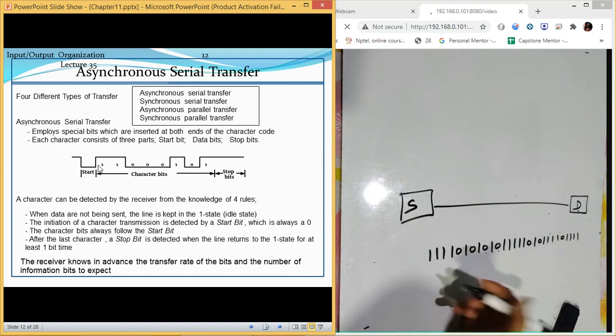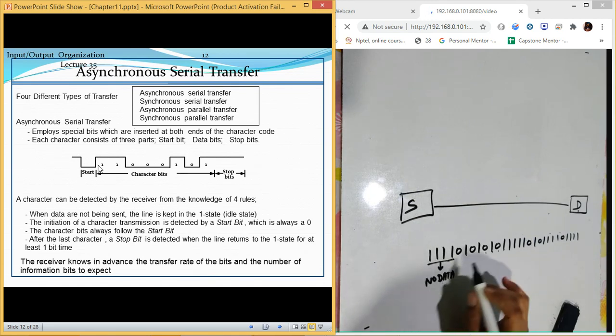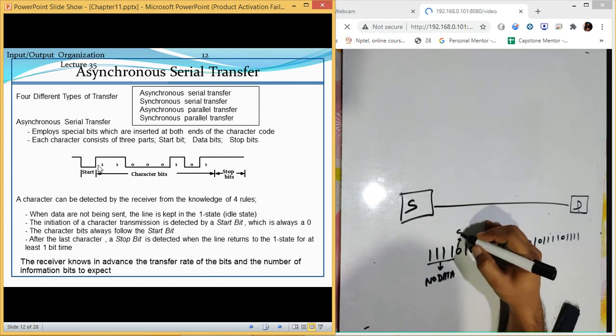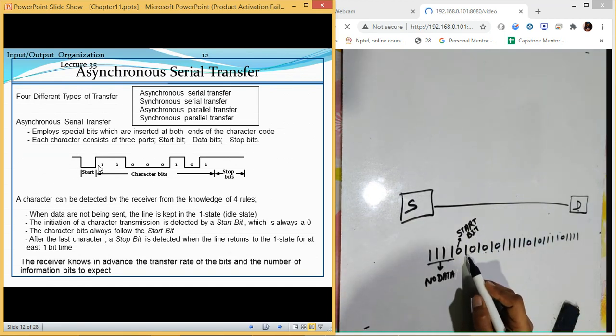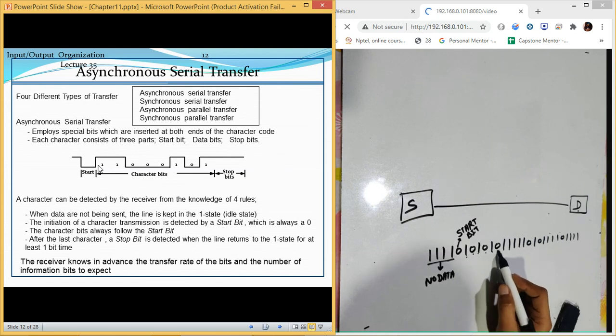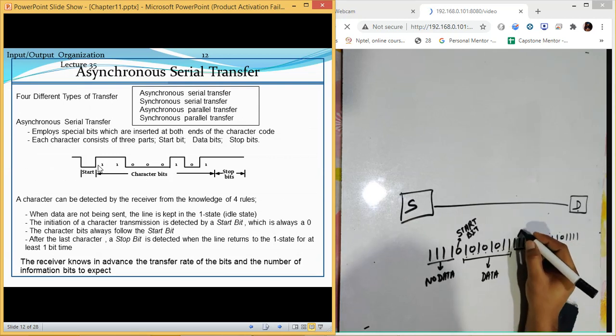In this case, again, this is not data, this is no data, just a symbol that it is not going to start anything. This is a start bit. After this we have 8 bits to be transferred. 1 2 3 4 5 6 7 and 8. Up to here we have the data, and these all are the stop bits.